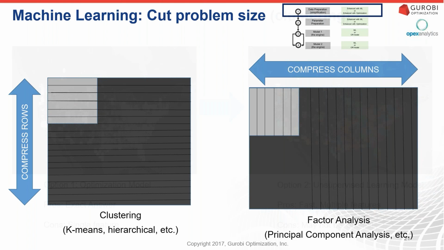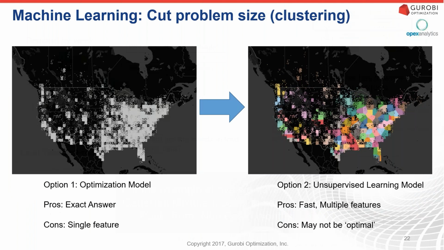This is factor analysis. So as I'm doing an analysis, there may be 100, there may be 1,000 variables that I think may be interesting for my model. I don't know which one is interesting, and I use factor analysis, and here principal component analysis is one example to compress the number of columns that I have so that I can have fewer features that I need to analyze. This is an example of the clustering.